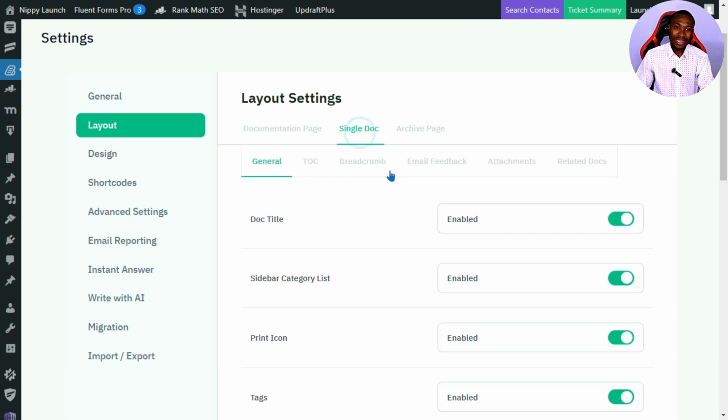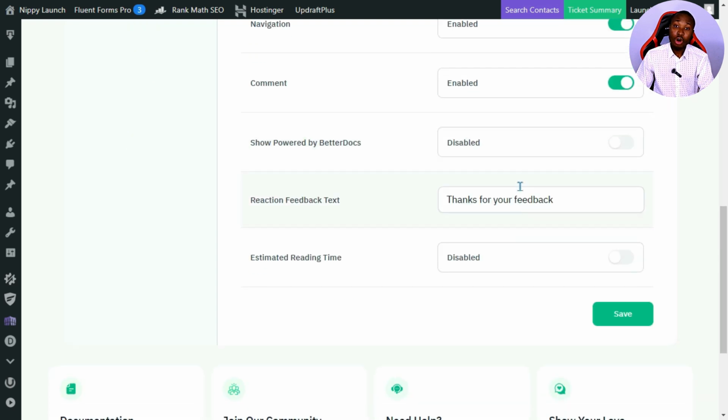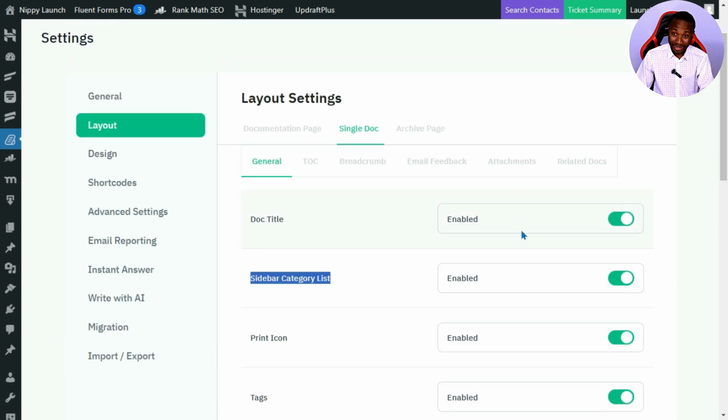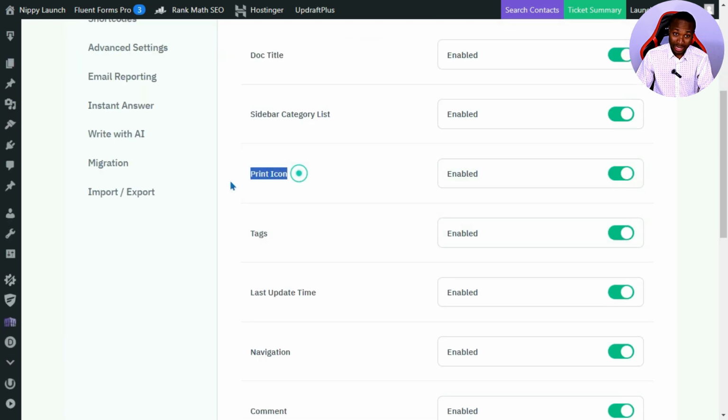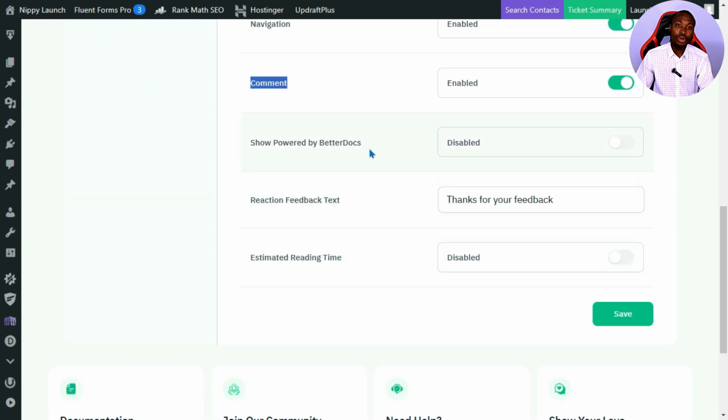In the option single doc, you need to enable this option, doc title. After enabling, sidebar by category, and you need to enable all of these options here. Enable all, okay? Print icon, tags, last update time, navigation, comment, and you don't need to enable show powered by